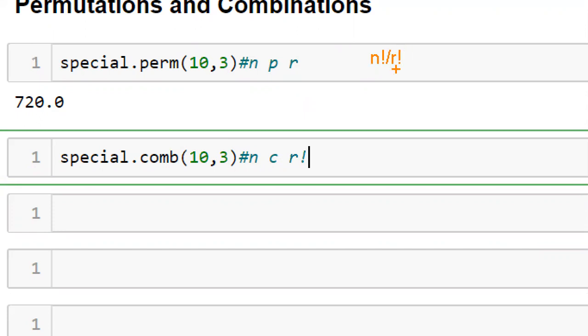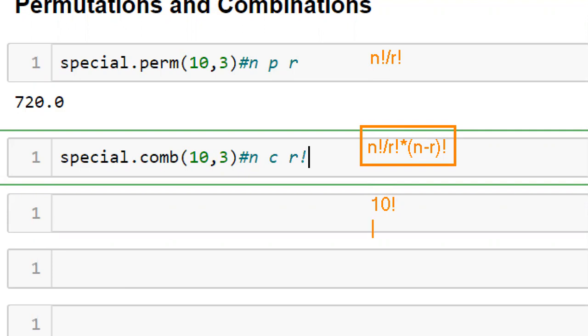Whereas for combination, the formula will be n factorial by r factorial multiplied by (n minus r) factorial. This is the formula for finding combination, right? Now try to substitute those values. My n value is 10, so I'm writing 10 factorial.